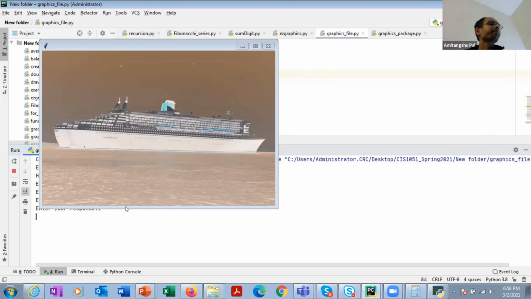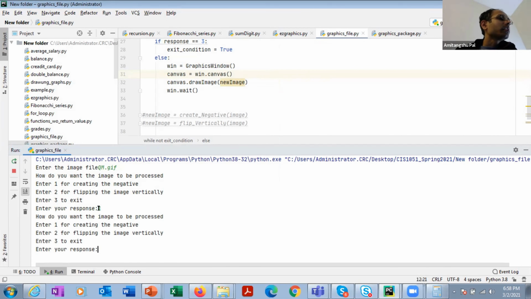So now I got the negative of that image. All right, now if I close it, then you can see that it is asking me once more, how do you want the image to be processed. Enter 1 for negative, enter 2 for flipping the image vertically, and enter 3 for exit. So let's press 2 now.